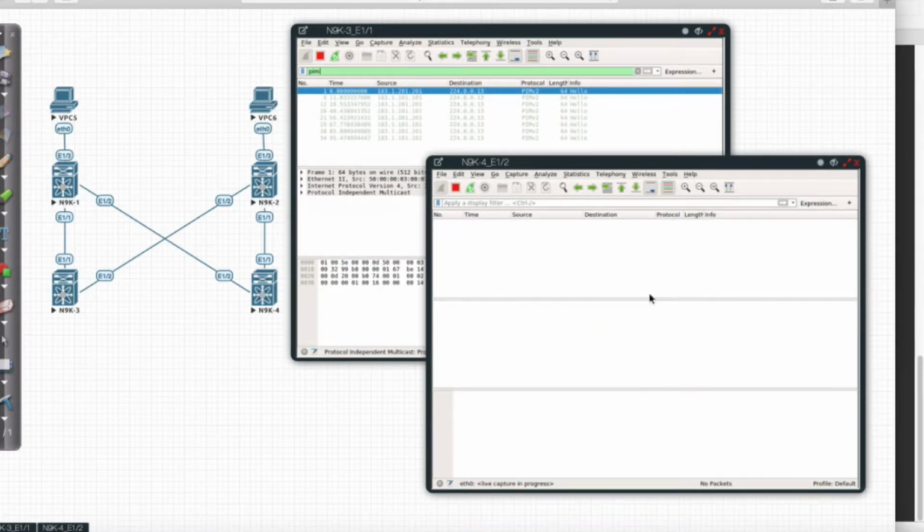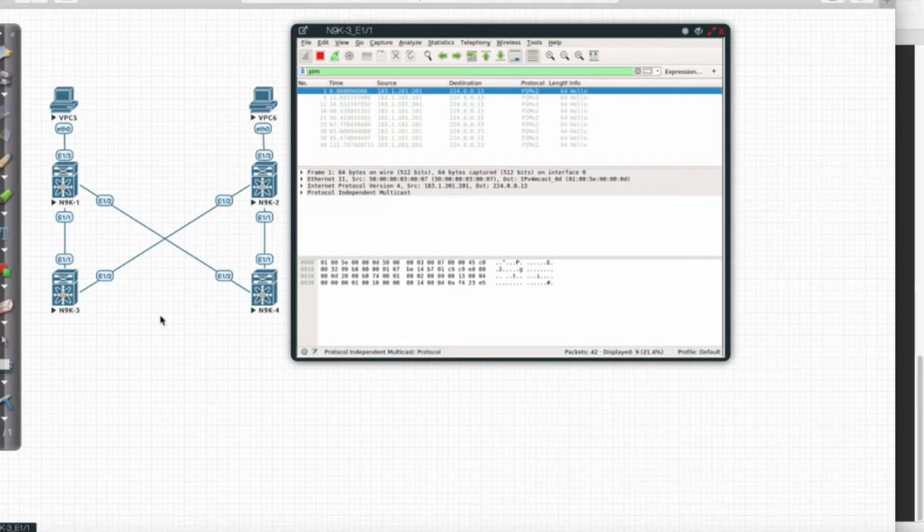Let's see if I can get some output from it on its own. Not seeing anything as of yet. So I'm going to close this, and I'm going to open up another session, Ethernet 1, 2.